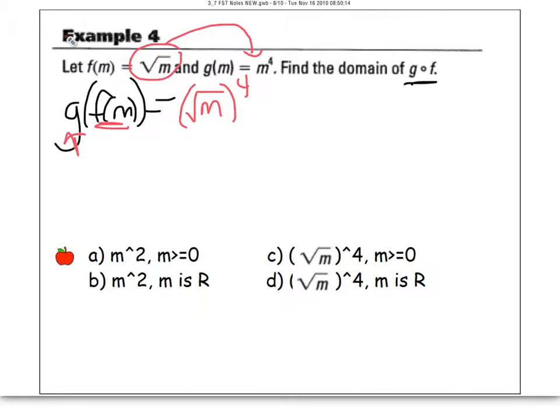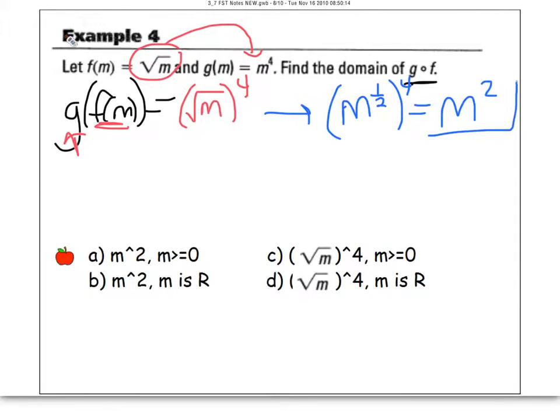Now you're going to be tempted to want to do, if you know your square roots, that's the 1/2 power. If you remember from Algebra 2, you're going to want to say possibly it's m squared. You have to be careful, that's not true. I would keep the equation in this format because